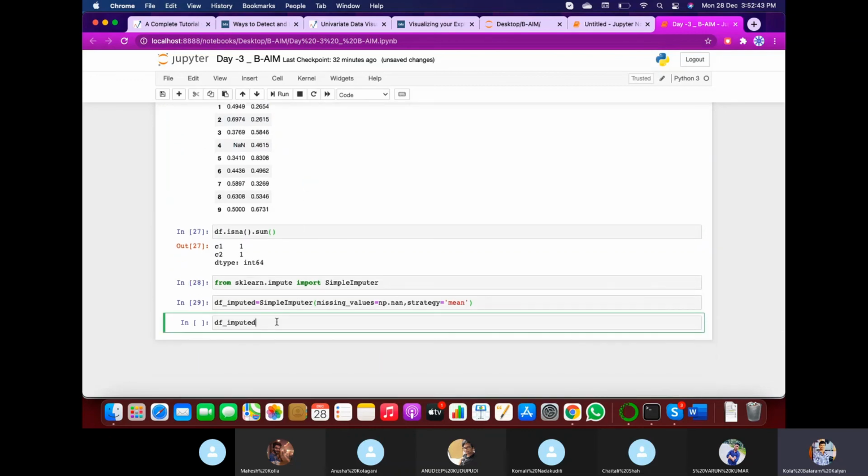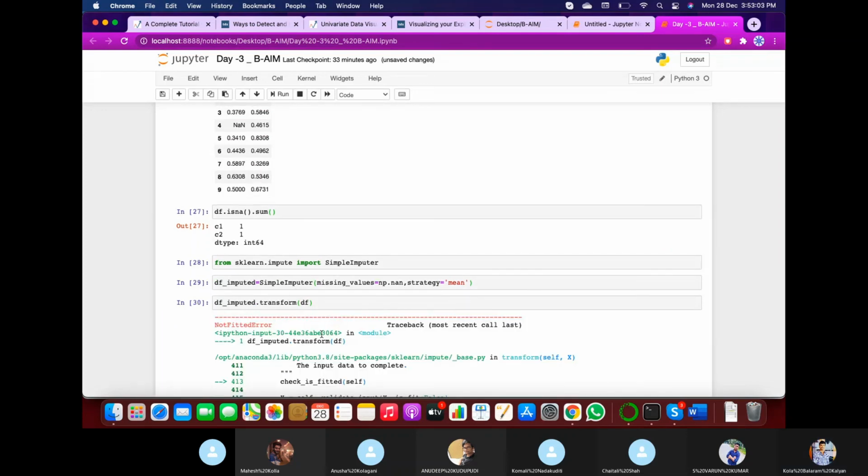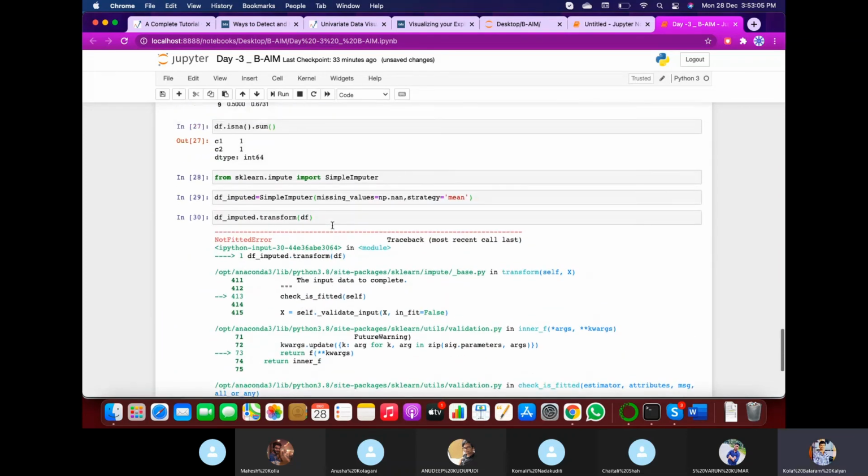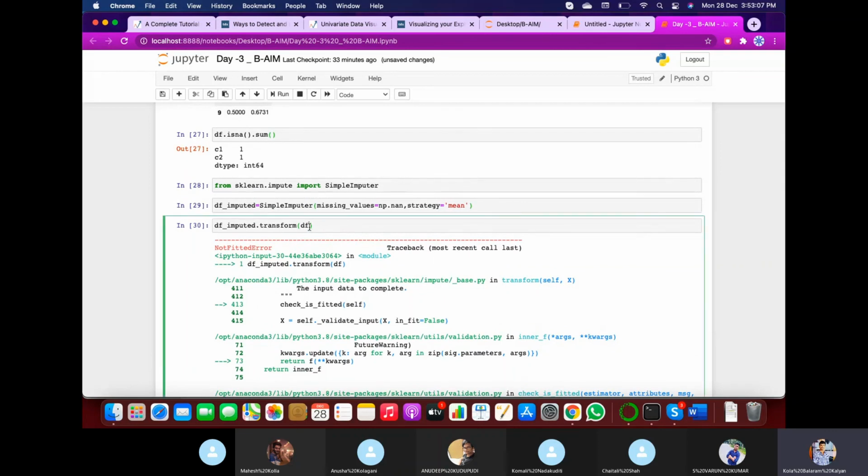So we need to transform the data. For that purpose, we need to call df_imputed.transform, and we just need to enter df, that is our previous data which we have stored, which will convert them into